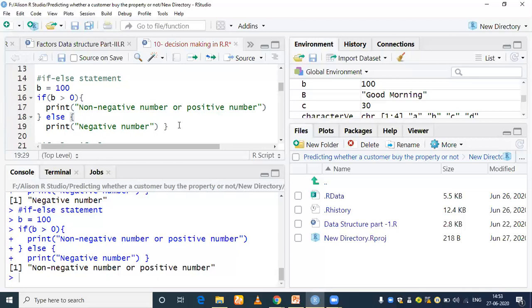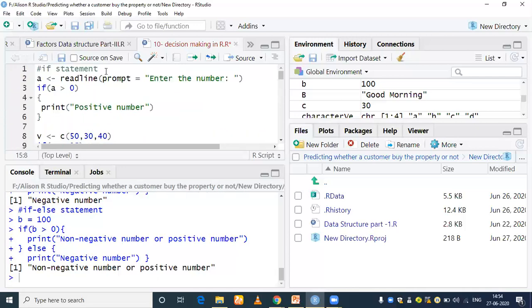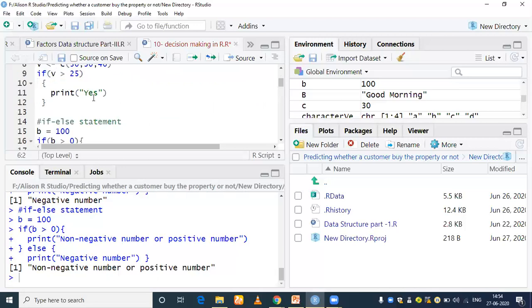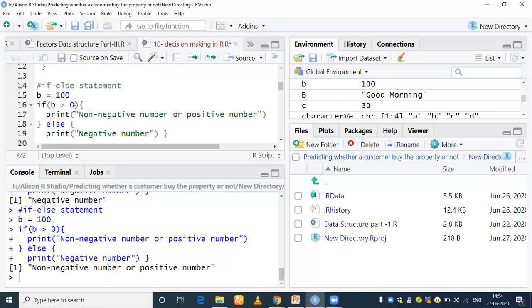Okay. Now next thing is, we have seen how to use the if statement. If you just use the if statement and the condition is evaluated to be false, then nothing is going to happen. But if you use an if else statement, this means if the condition is evaluated to be true, then the statement inside the if block is going to be executed,